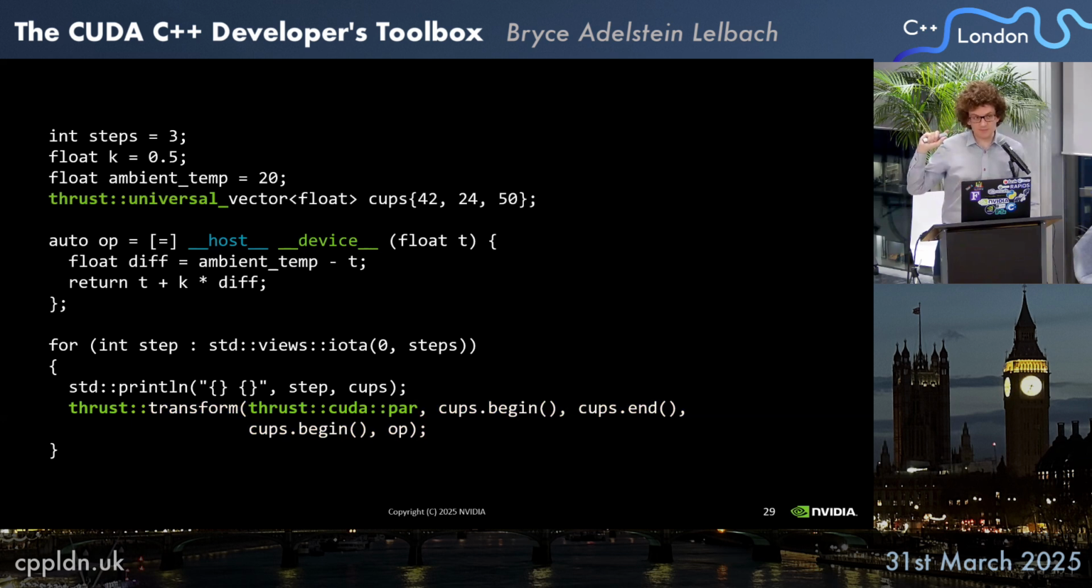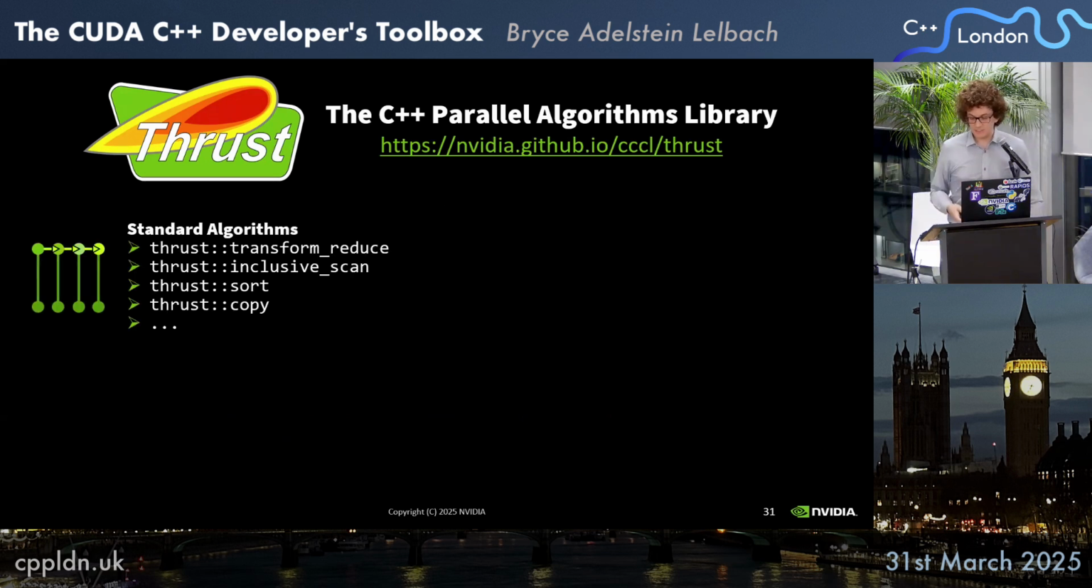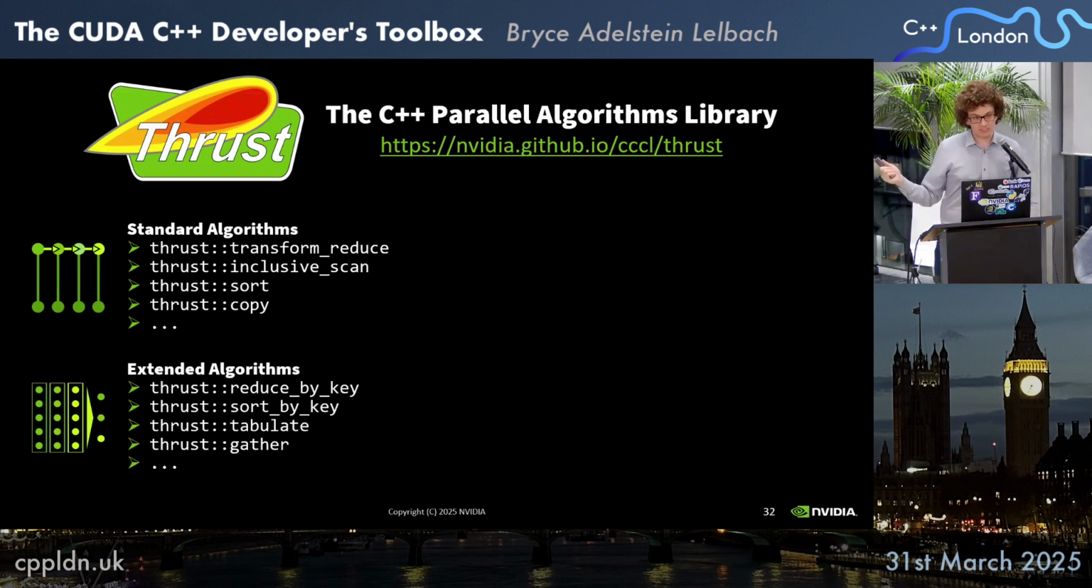We also need to make sure that the data is accessible on the device, which we can do by switching from std vector to thrust universal vector. So thrust is the C++ parallel algorithms library. Its execution policy algorithms that we just saw were actually the inspiration for the standard C++ parallel algorithms that were adopted in 2017. So thrust has implementations of those standard parallel algorithms, and also a collection of extensions and additions